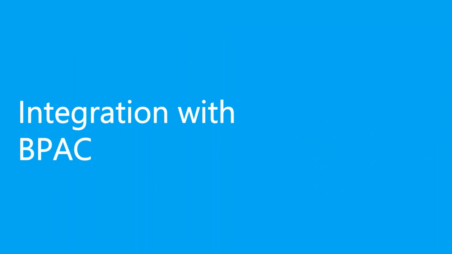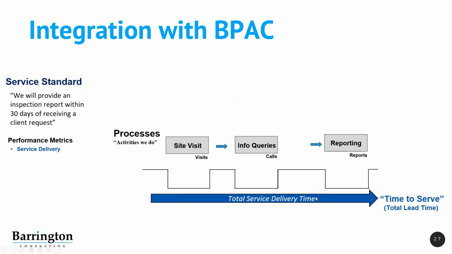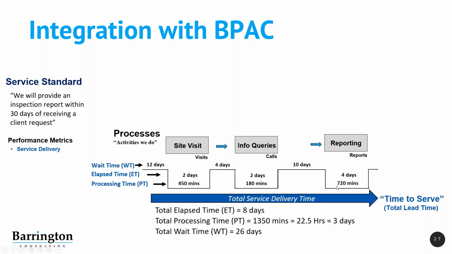Okay. Now, we can actually take this a little bit further. As was mentioned before the presentation, although the metrics-based process map is an enhancement to traditional process mapping, you can take that even further, and it's really the predecessor to doing any sort of business modeling or simulation. And so that's how it integrates with business process analysis and costing. So, just like in our metrics-based process map, we have our process activities. So we have the information we went over before: our elapsed time, our processing time, and our wait time. So we collect that information just like we would have before,